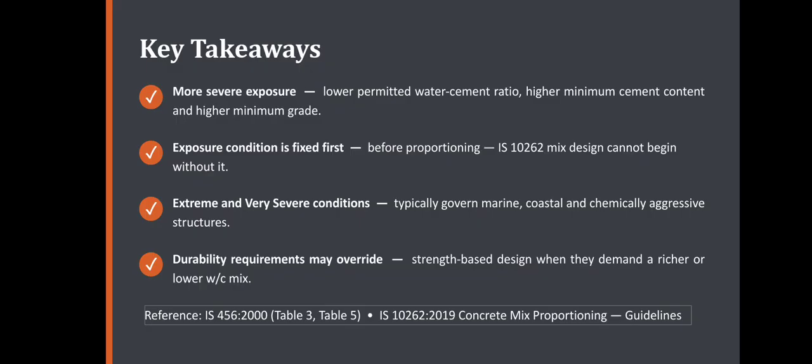To conclude, selecting the correct exposure condition is the first step in concrete mix design. It helps us to determine the appropriate cement content, water cement ratio, and concrete grade required to achieve durability. We should remember that durability is as important as strength. Even if concrete is strong, it may fail prematurely if it is not designed for the environment in which it is used. Therefore, every concrete mix must satisfy both strength requirements as well as durability requirements specified in IS